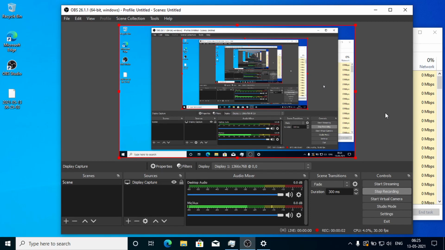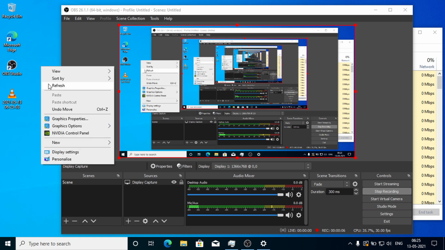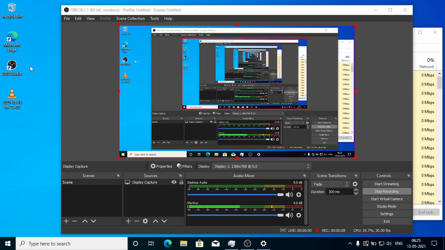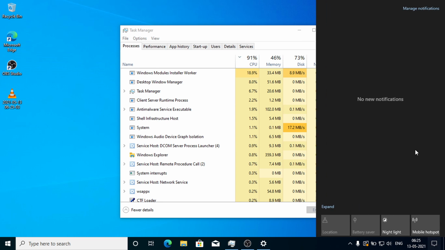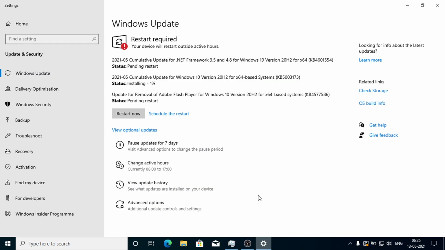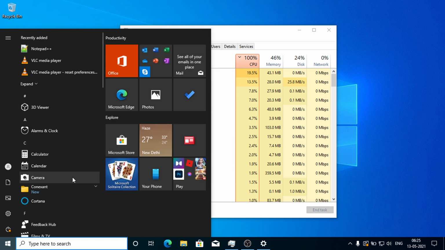Hello guys. This is the test for debloating Windows 10. I have freshly installed Windows 10, as you can see. Let me show you. This is my drivers updating. Here's my drivers, or some Windows update is going on. I have nothing installed. All the bloatware is present.